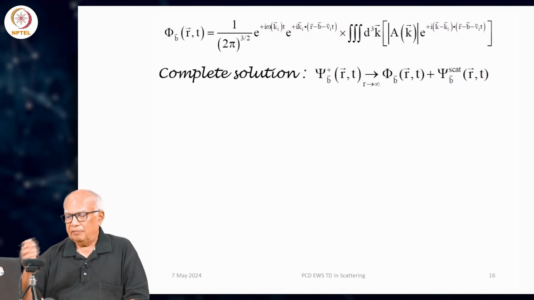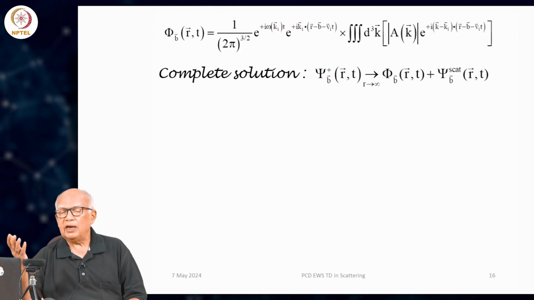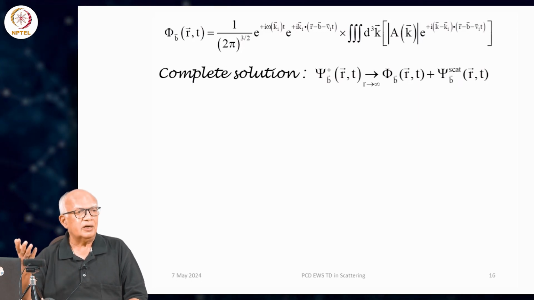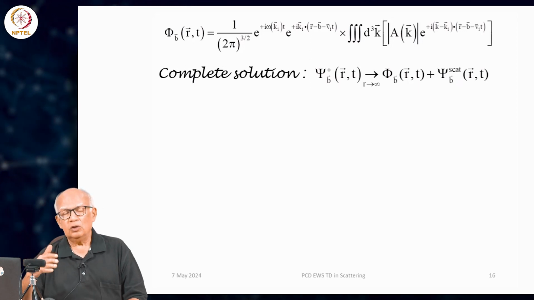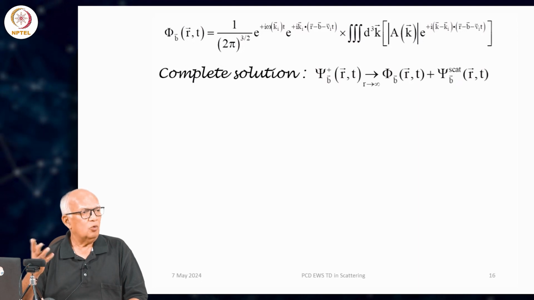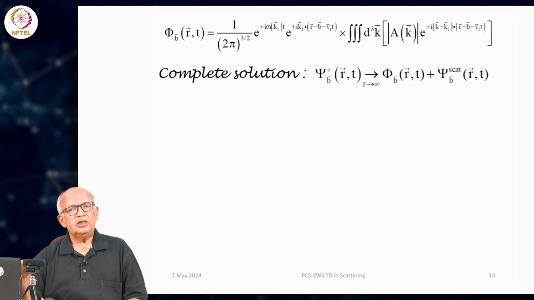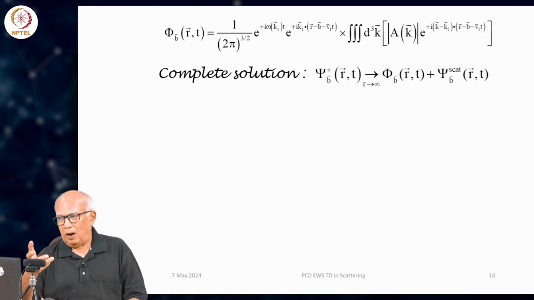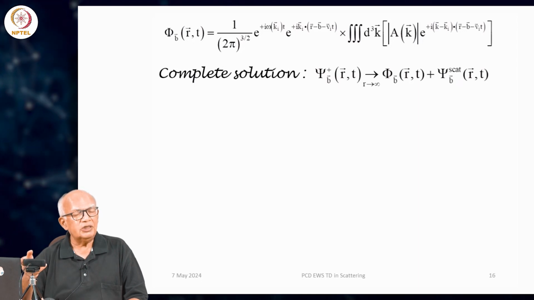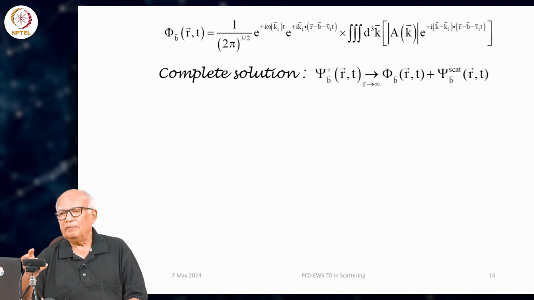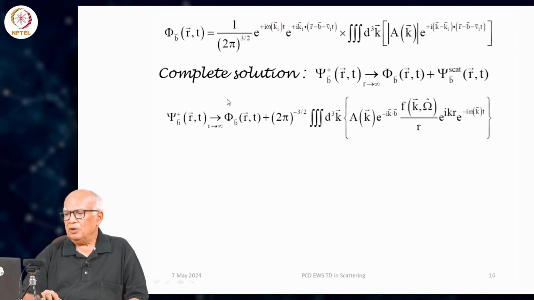So, we have worked with similar expressions when we consider scattering of monochromatic waves by a target, and that is typically what we do in the first course on quantum collisions in quantum mechanics. This is a similar relation, except that this is more powerful, more general. It considers a superposition of waves which represents a more realistic situation. So, this is your complete solution,